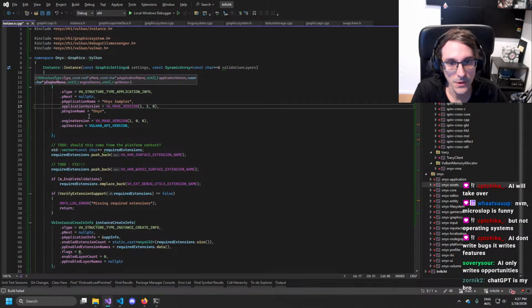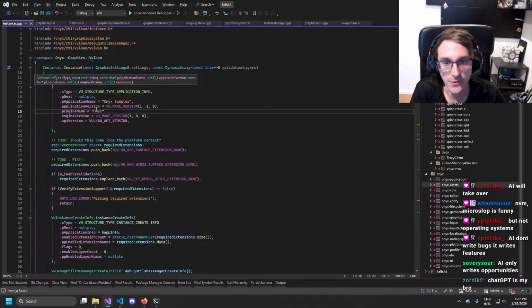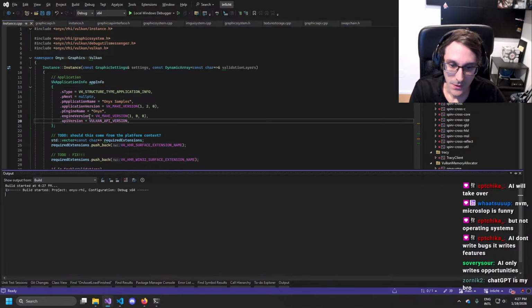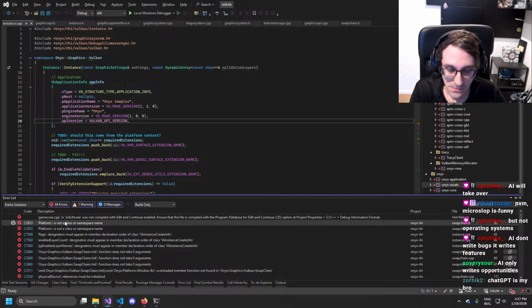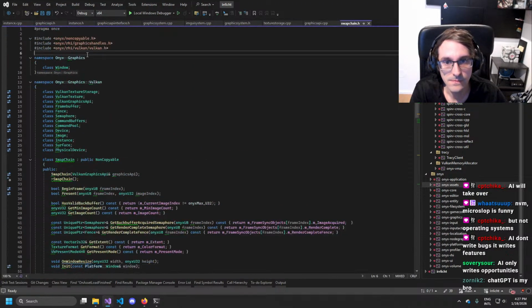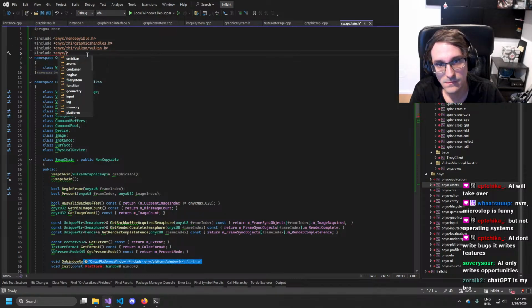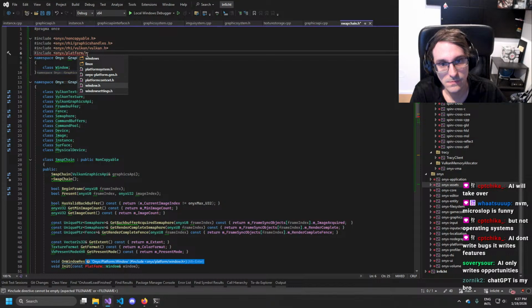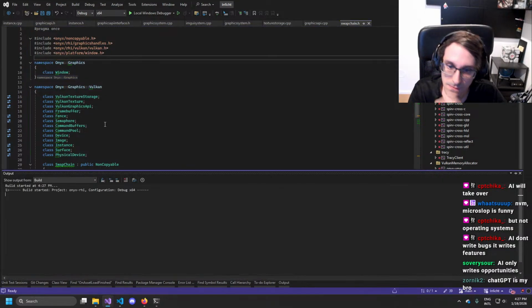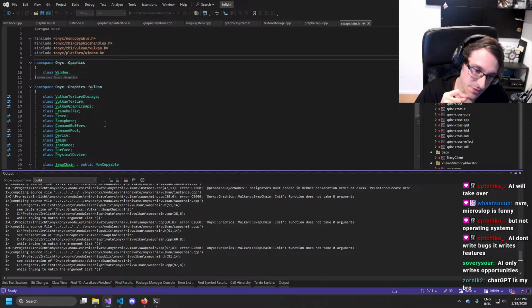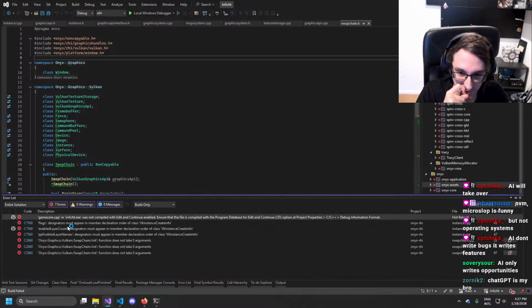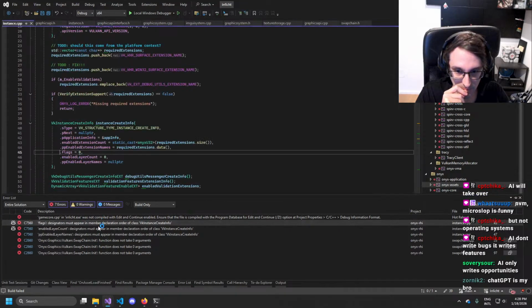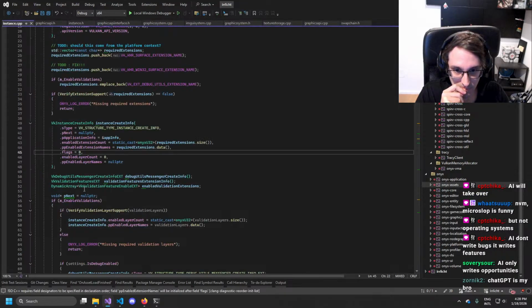Engine name, engine version, API version, okay. I would want to be able to forward declare that potentially, but let's see. Flags.